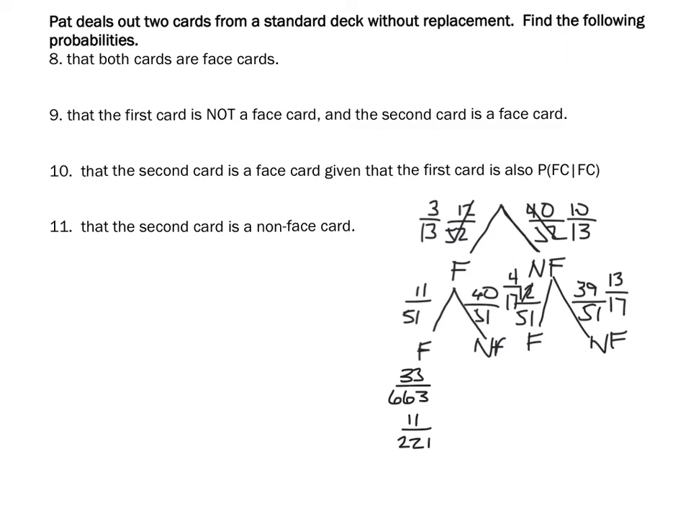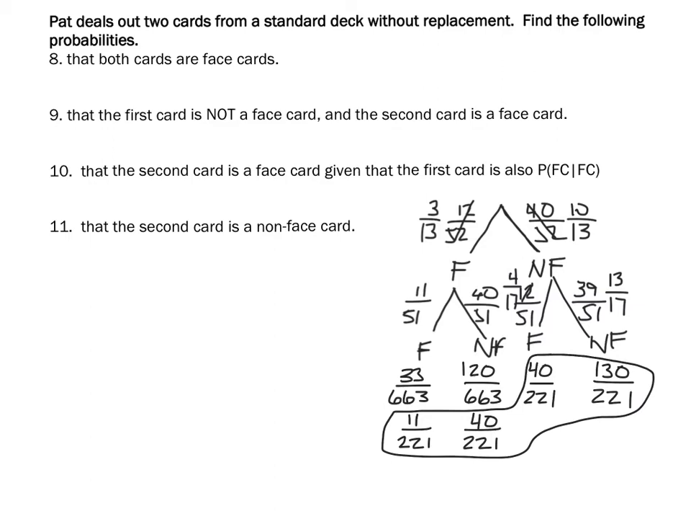The next one, if we multiply, we'd have 120 out of 663, which again we could reduce. We could take a 3 out of each of these. It'd be 40 out of 221. Next one, just multiplying straight across, 10 times 4 and 13 times 17 would be 40 out of 221 also. And the last one would be 130 out of 221. Adding these all up, those should add up to be